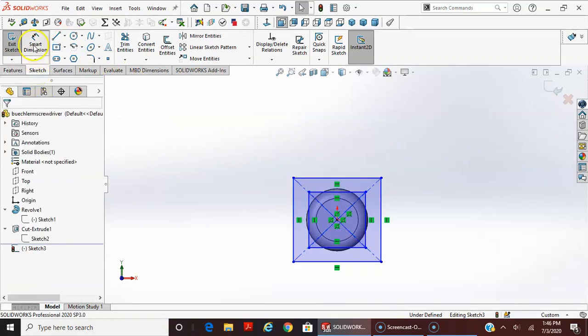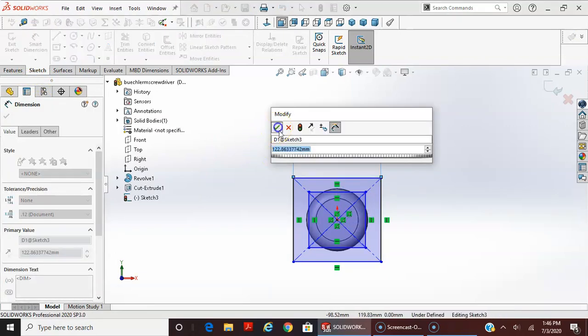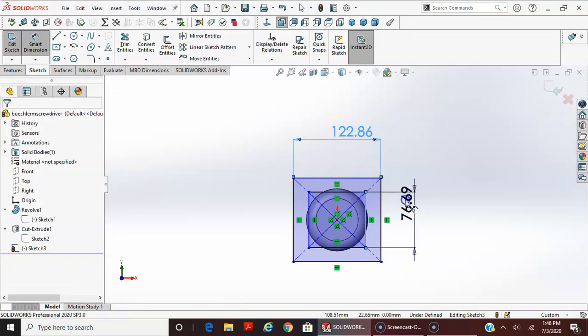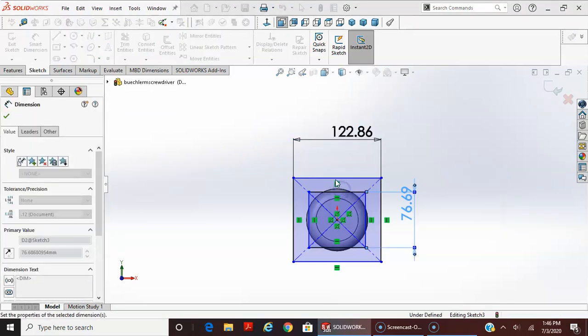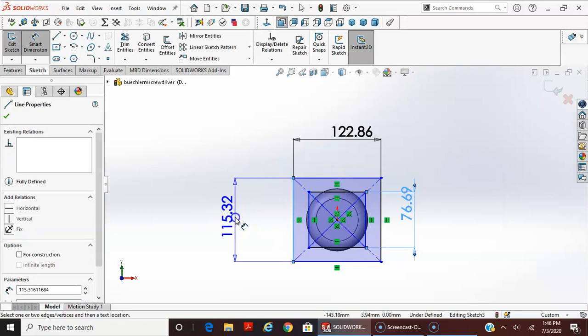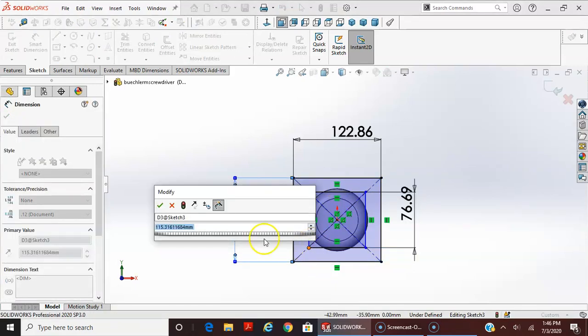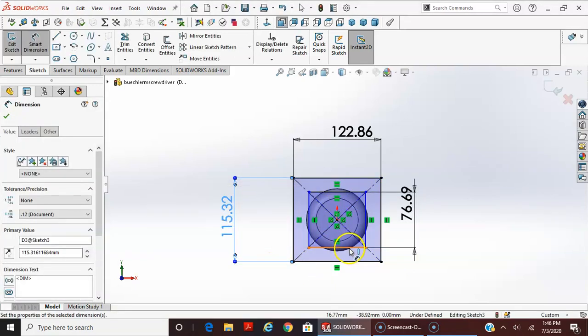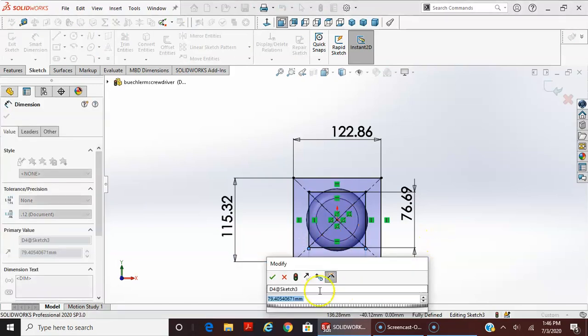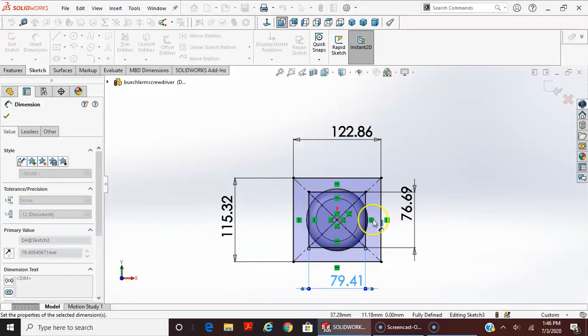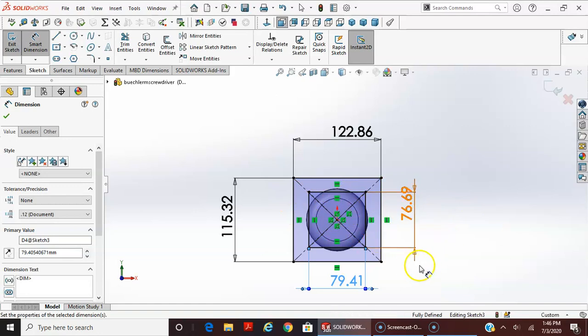And I'll show you how easy it is to dimension. Just dimension this. Yes. Dimension this. Yes. This line. And yes. This line. Yes. So I don't care if this one's dimensioned, just that they are fully defined. It would be nice if you did it. I think. Just make sure you have a third sketch, and from this is a fully defined sketch,